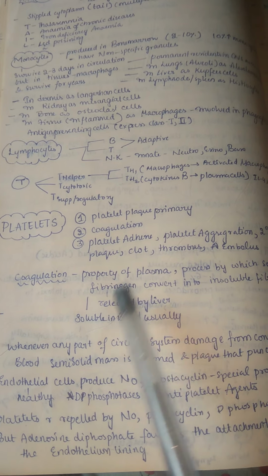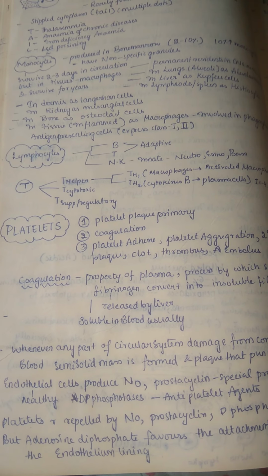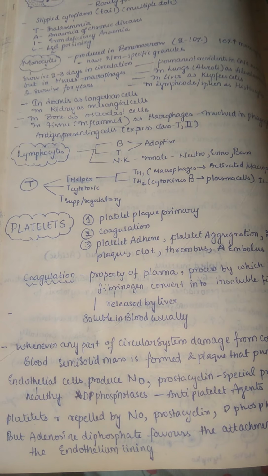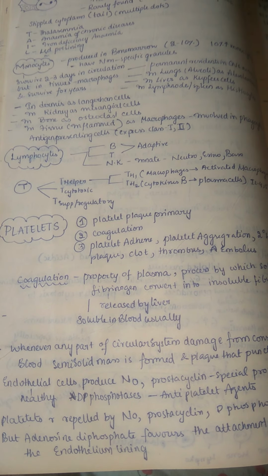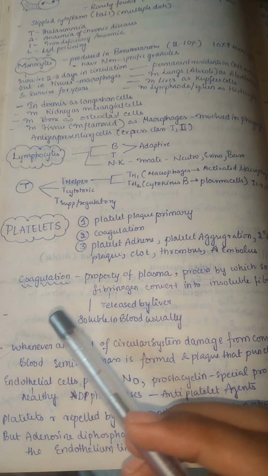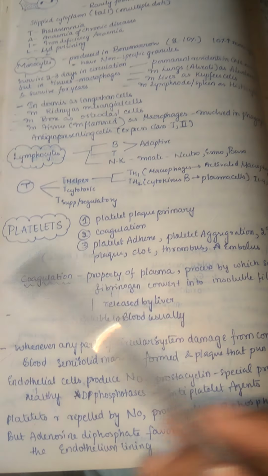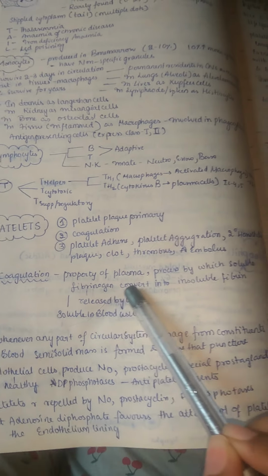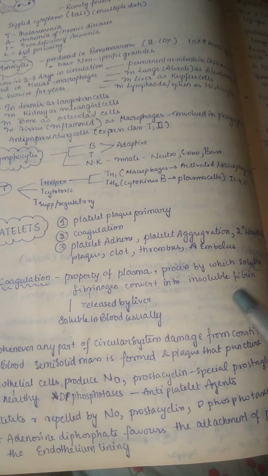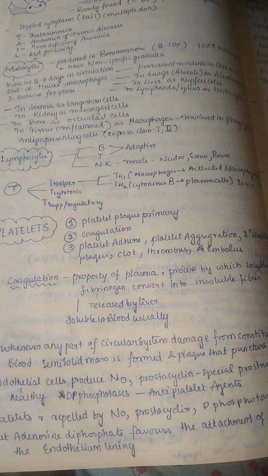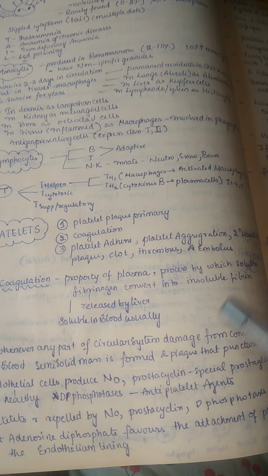Coagulation is nothing but a property of plasma. We always think that coagulation means coagulation of red blood cells, but red blood cells are present in plasma. So it's all coagulation related to the extracellular fluid, because extracellular fluid has plasma and RBCs. Coagulation is mainly a property of the plasma, the process by which the soluble fibrinogen is converted into insoluble fibrin. We always read this definition, but we need to understand why the soluble one is converting into insoluble,